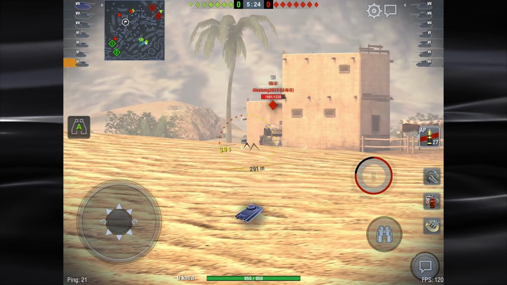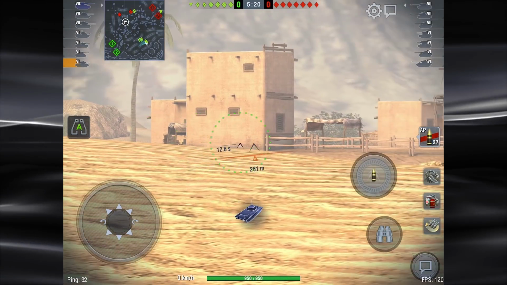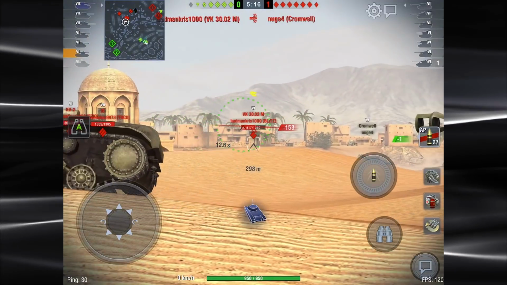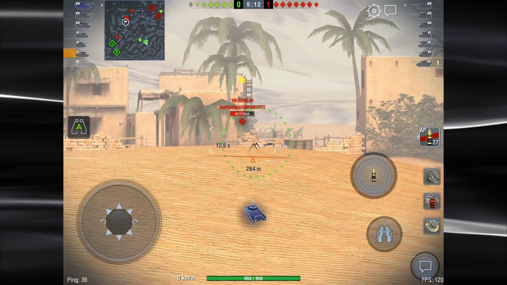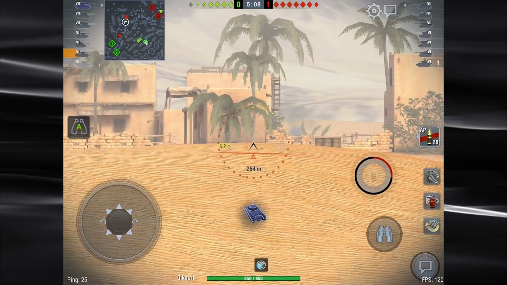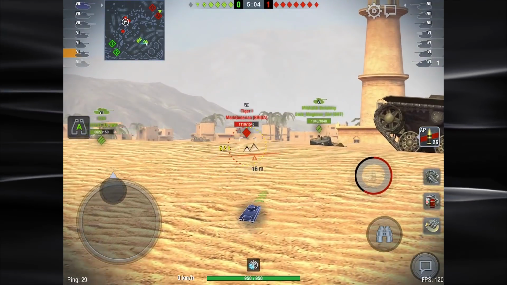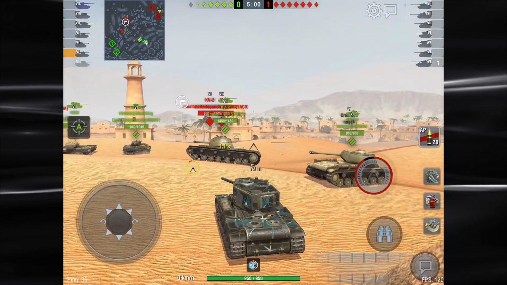And we're just playing patient. And you can see we've got a medium that has rushed into the red side there. He's in trouble. We've got a TD in their spawn. And sure enough, Cromwell's gone. We're just being patient. We're waiting for guys on the other side to make mistakes like that and come into view. A little bit frustrating because we have tanks beside me that all would have had shots on him, but